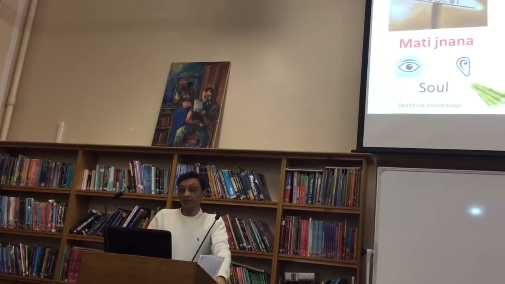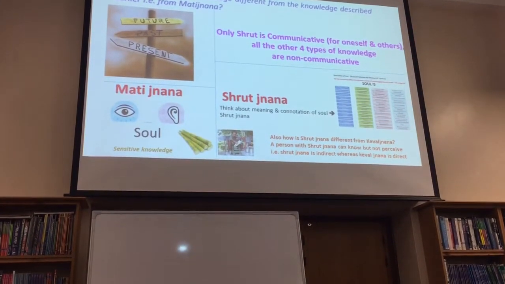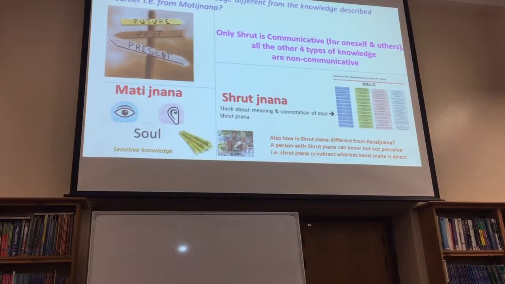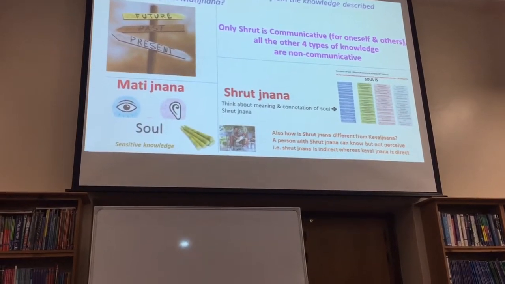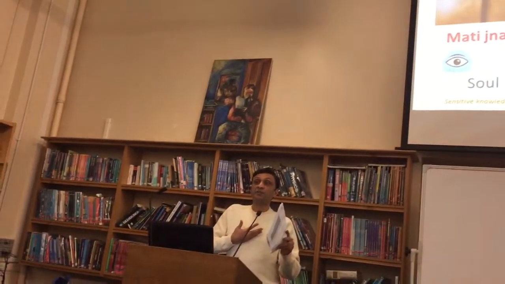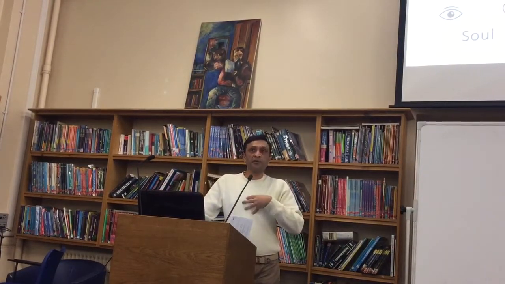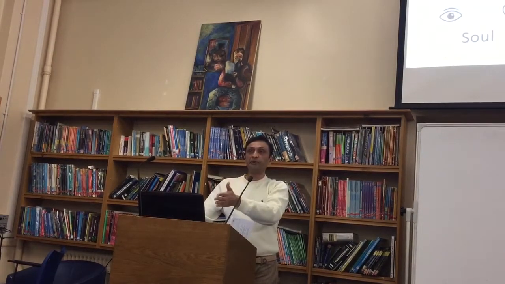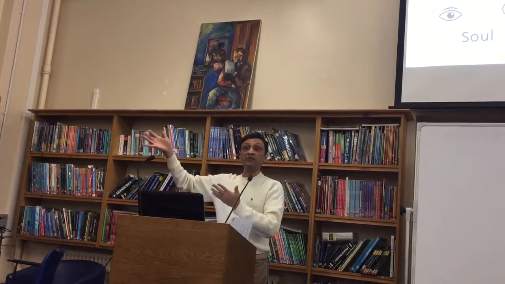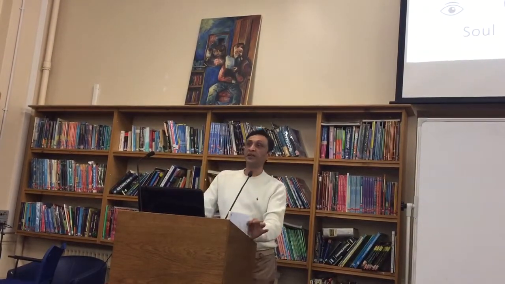Okay, and another example: if Shrutjnana is so powerful, then how is it different from Kevalgnana? A person with Shrutjnana can know but cannot perceive. If I've got a book here, an Agam, which describes everything about Atma, it goes over the past and the future, but it's not my personal experience. Whereas a person who has Kevalgnana, the ultimate knowledge, that's his personal experience. The person himself can say, I remember the past, I know the present, and I can see the future as vividly as I can see the present right now. So that's a personal experience. So this becomes an indirect